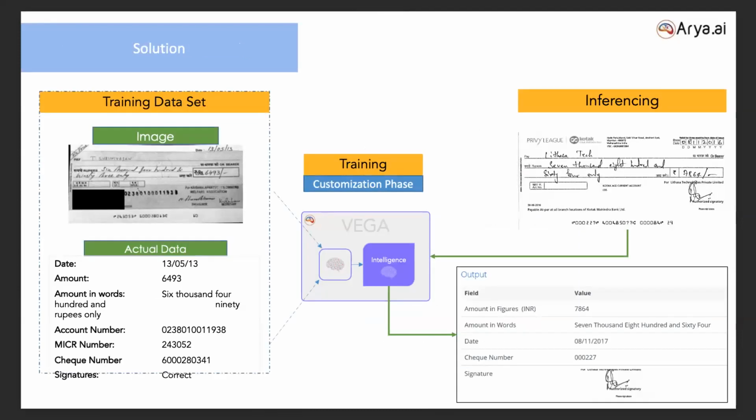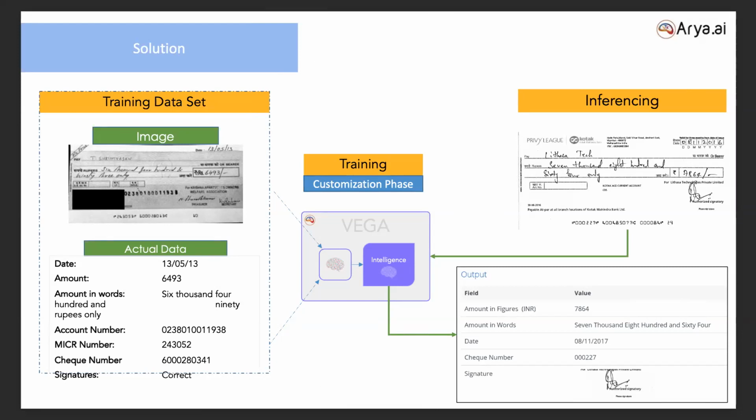I'm pretty sure everyone understands how the deep learning training process happens. We collect all the historical information of the check, and then we also take the true values of the check. For a date, we take a snippet of the check. Right now it's a big image, so we take a cutout of the particular ROI, take a snippet, and then pass the true value to the system. So it's like 130513 here. Then we give the true value to the system.